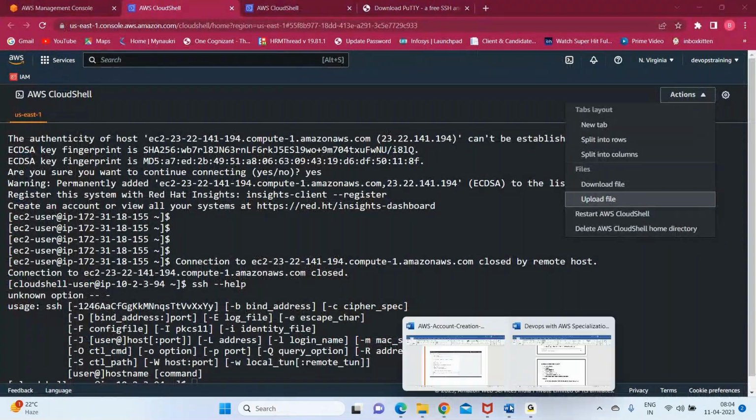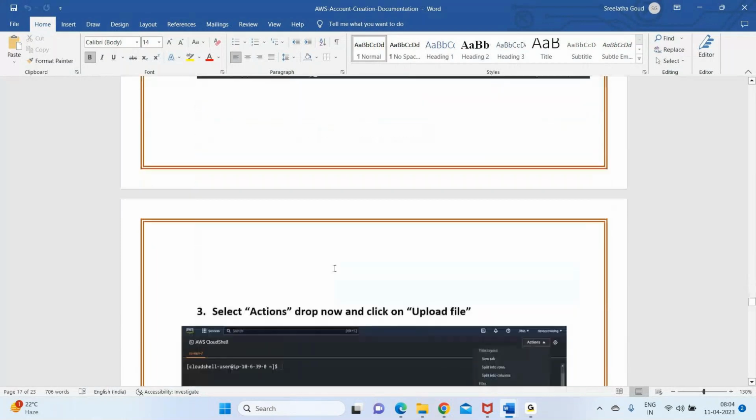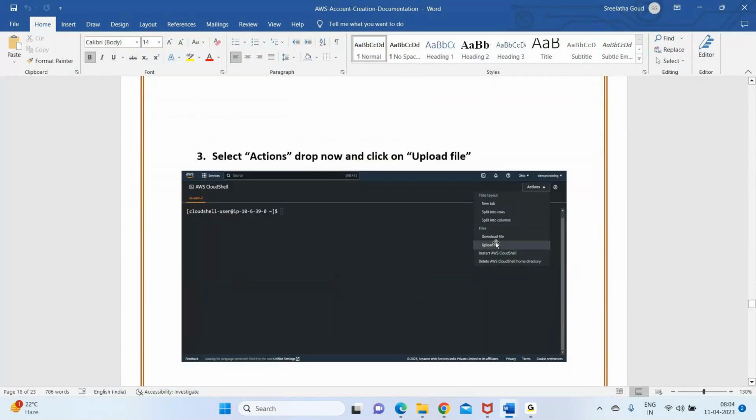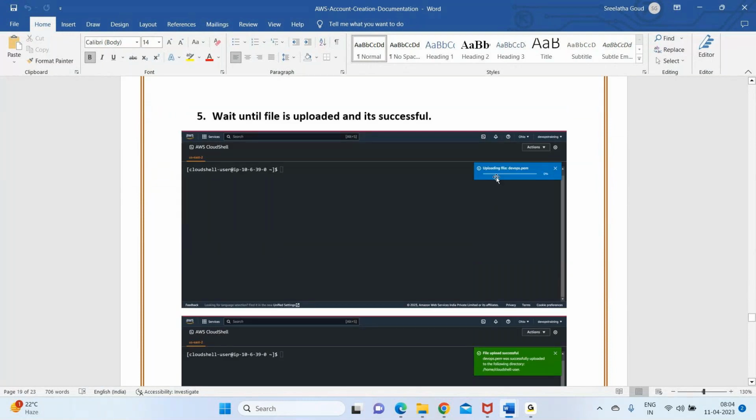here is how to open the SSH file. I have given the arrow, and then it will open the shell. Then it says go to actions, upload this file, and then select this file. It will get a green tick. Once the file uploading is done,